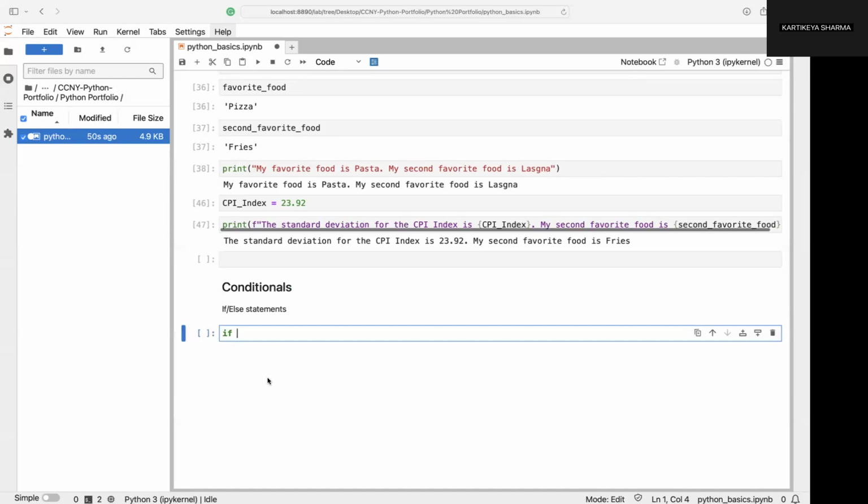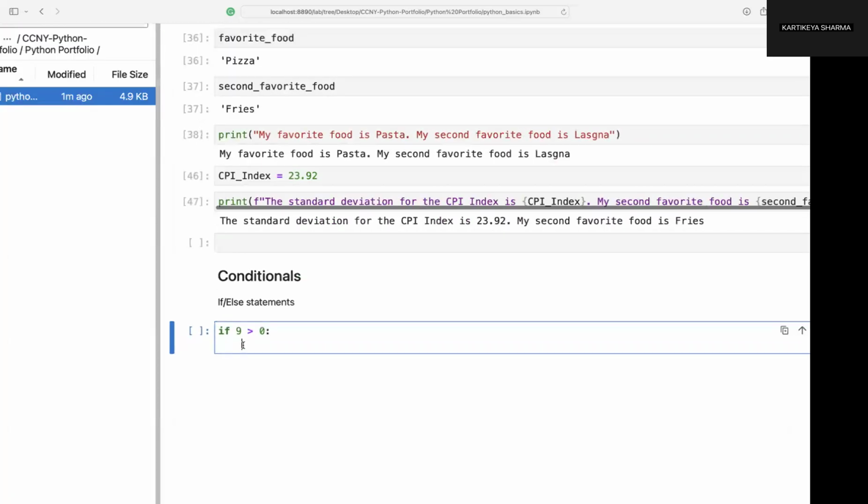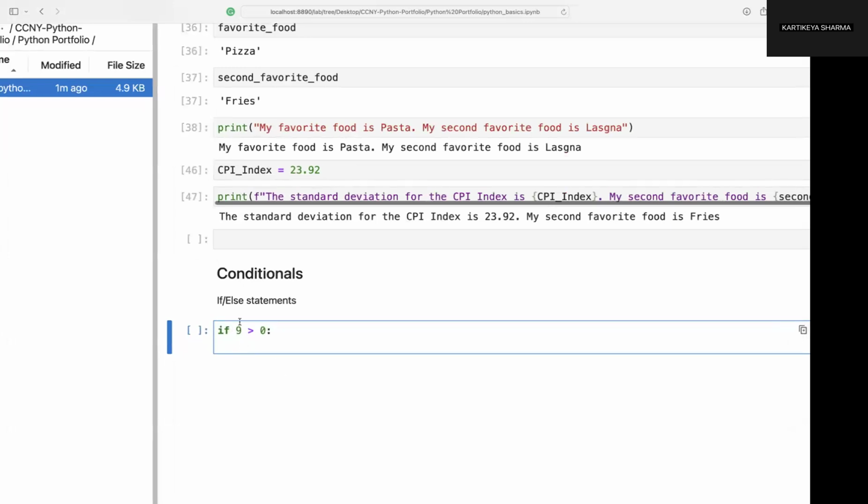So we can say something like if 9 is greater than 0. By the way, these are operators. So we have the plus, minus, equals, all those operators. This is the greater than operator. So if 9 is greater than 0, you add a colon here. Notice how this line got automatically indented. This means that everything that we write now will be executed if this is true, if 9 is greater than 0. I'm just going to write print